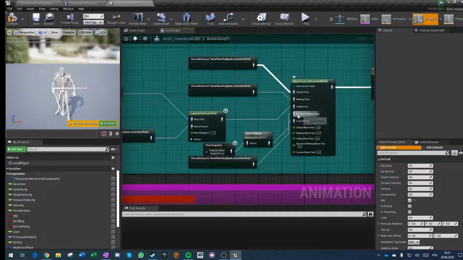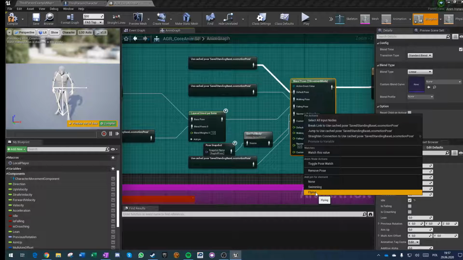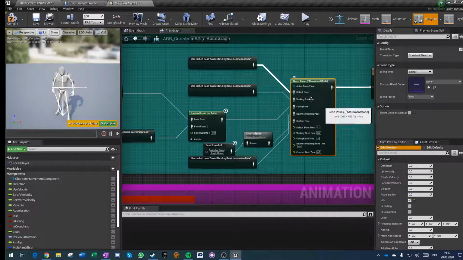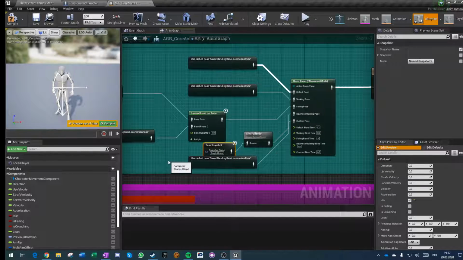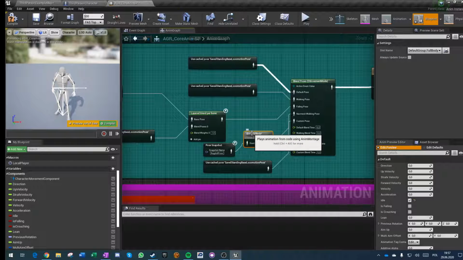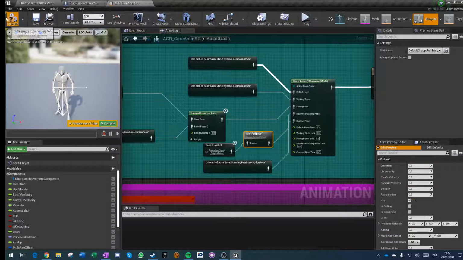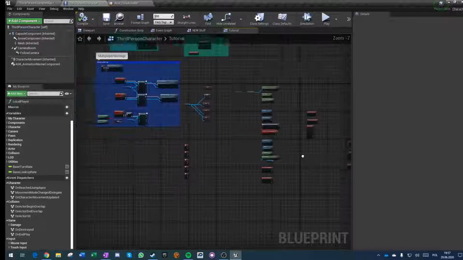But I can directly here add other poses like swimming, flying, none, the default one, and custom. And for custom, right now, I have just a pose snapshot of ragdoll pose, and it gets overwritten by a full body montage, which is used for get up montages that I haven't implemented yet. But just to show it,